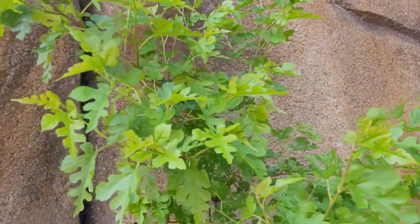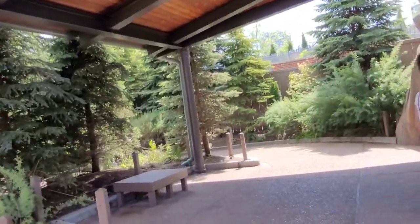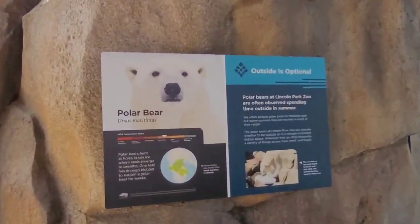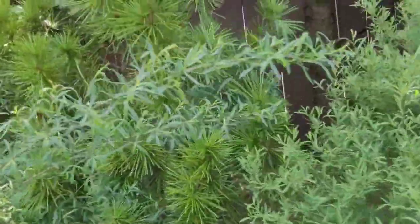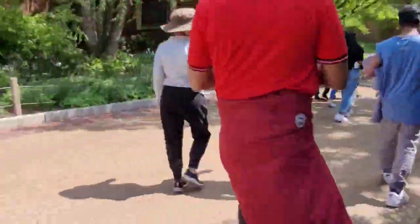This is mulberry. This is juniper. Polar bear enclosure. Which Salix needs to be identified? We have such kinds of willows even in Ladakh. This seems to be some ibis, but not sure. Some more